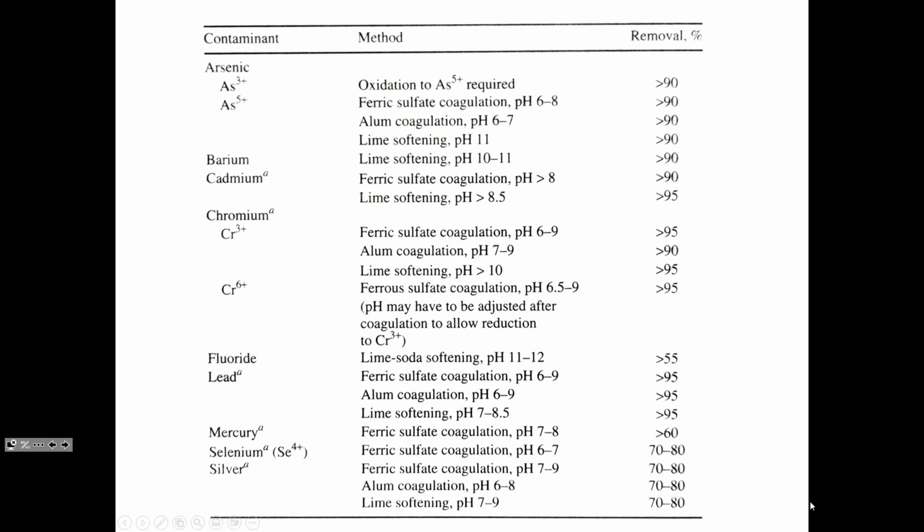Softening also offers the benefit of removing other things that are dissolved in water besides calcium and magnesium. You know, they're not the only things that we'd like to get out of the water. And so when we go through this process of raising the pH, other things precipitate as well. Other things that we're glad to have out, like arsenic, barium, cadmium, chromium. All of these are carcinogens that are just wonderful to have removed. And raising the pH gives you a pretty effective removal, sometimes in excess of 95% removal of these problematic